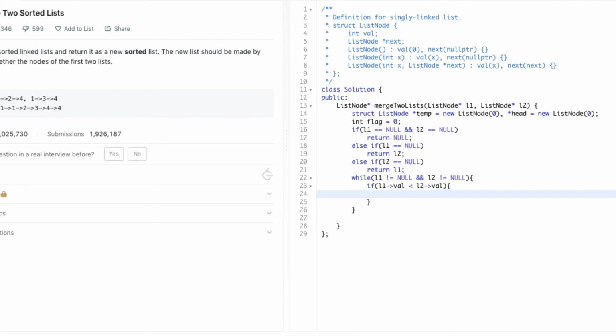If the value of L1 is less than the value of L2, then first of all we need to check whether a head is declared or not. If not, then we need to do so.